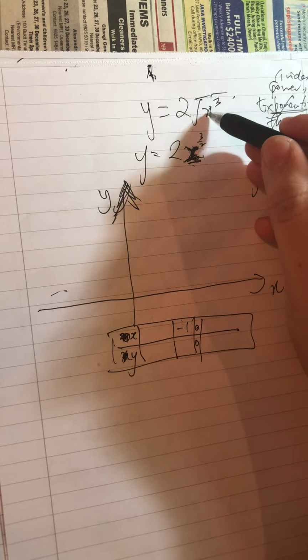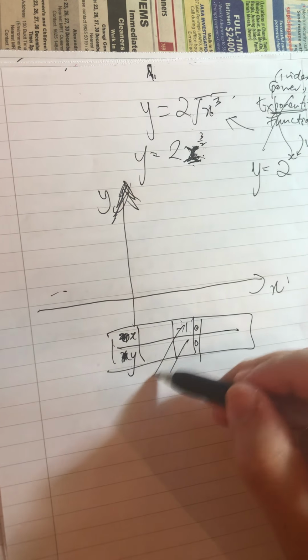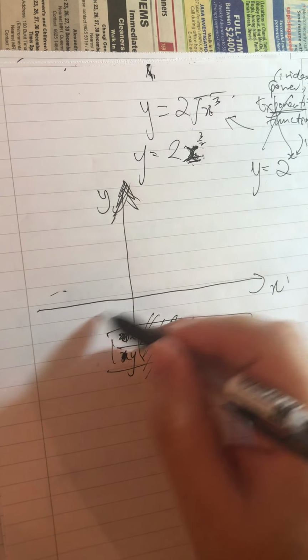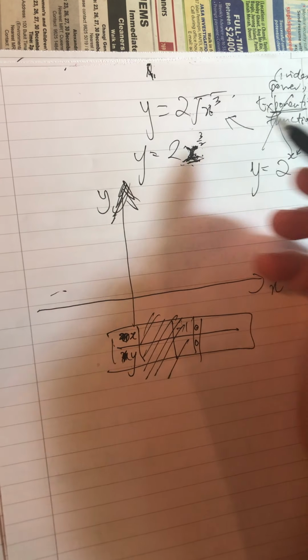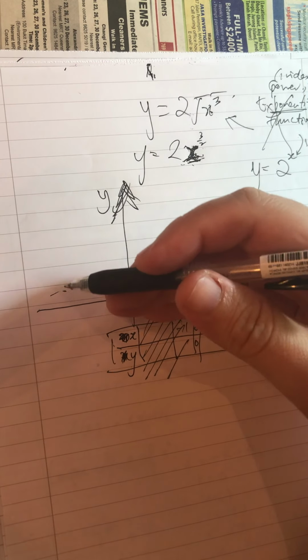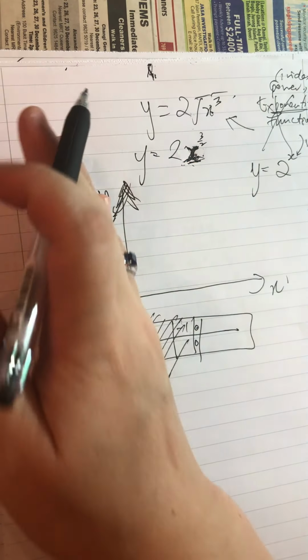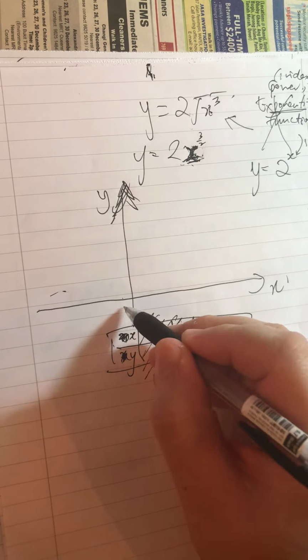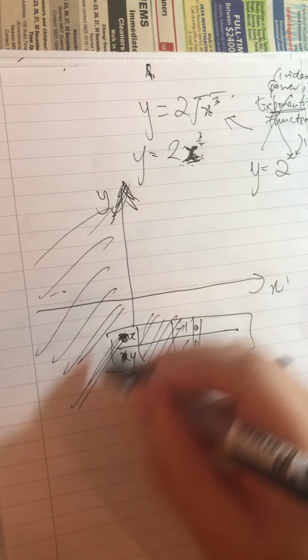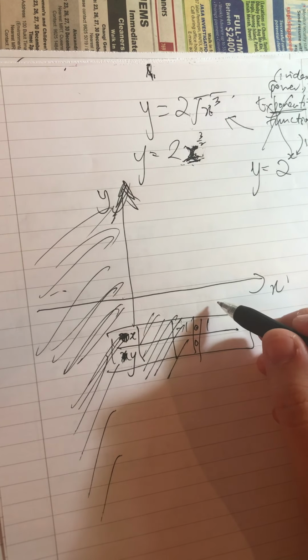Can you square root negative 1? Cannot. So it means that there isn't a negative portion to this type of graph. There is only a positive section to it, okay? Positive here. No negative. That means x cannot be negative. There isn't this part here. Alright? So now we focus on the